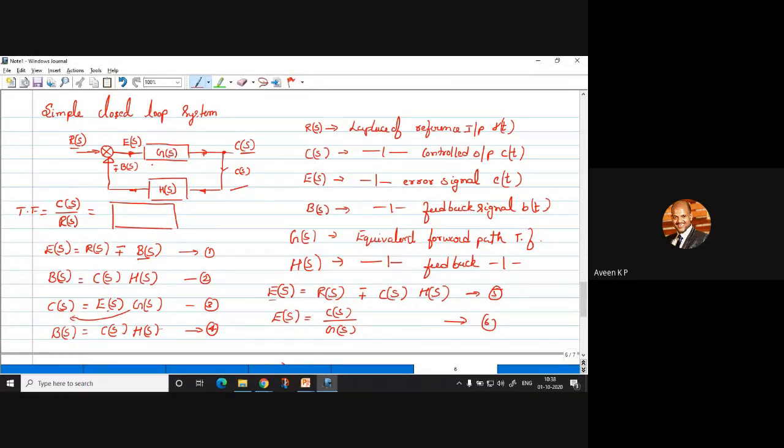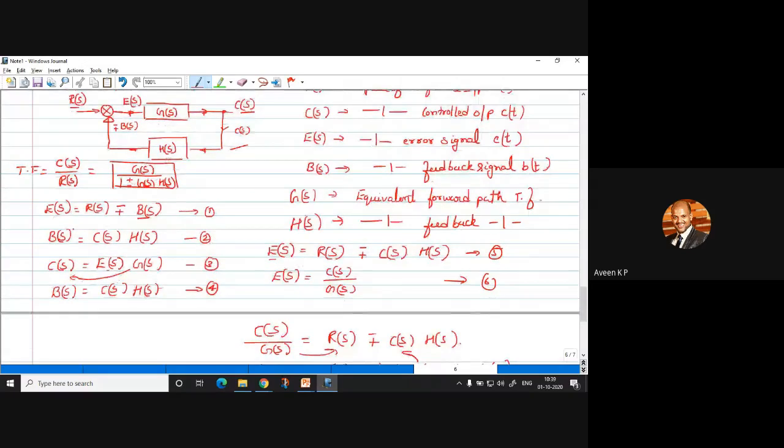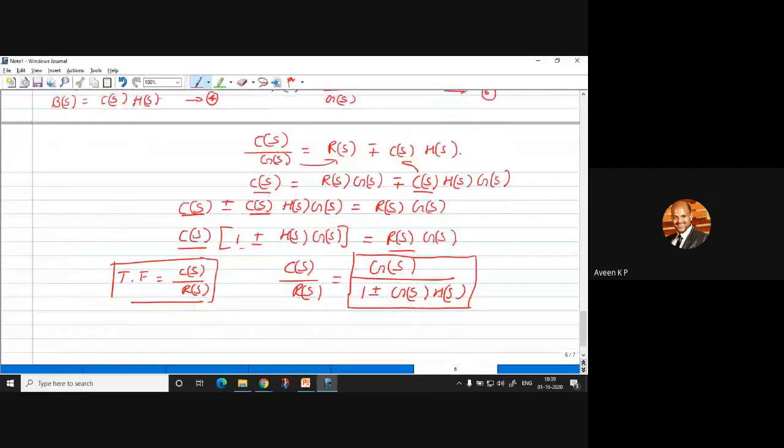So for this, the closed loop will be depending on the nature. If it is a negative sign, it will become positive in the denominator. So what will happen? G of S by 1 plus G of S, H of S. If it is a positive, it will become negative: G of S by 1 minus G of S, H of S. That will be the transfer function. Okay. So simple consideration of first 4 and again rewriting the same, you will get the final transfer function.